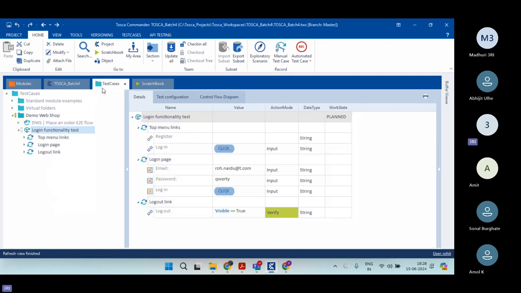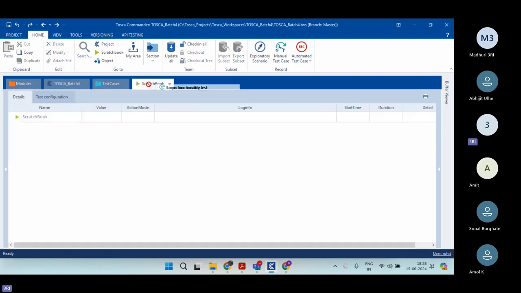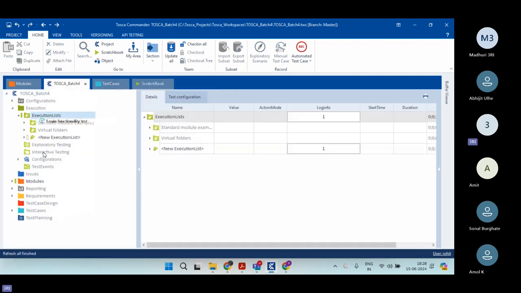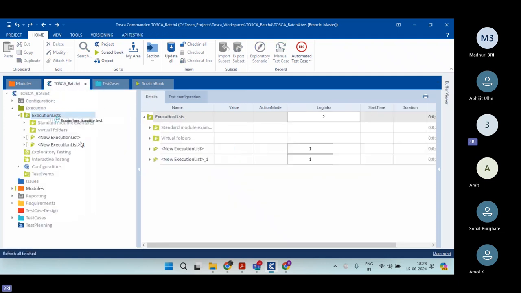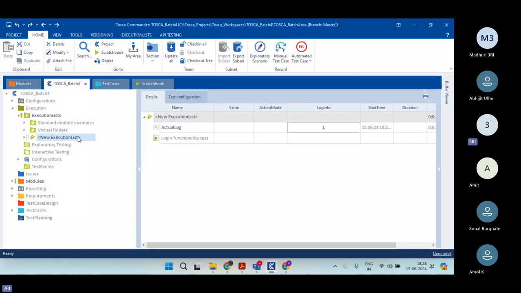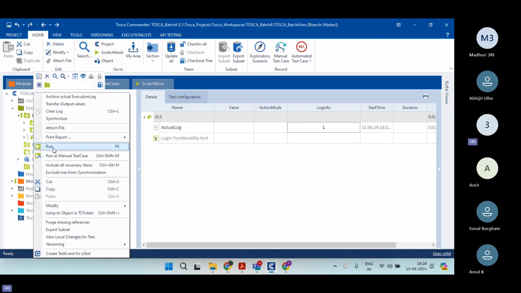Now whatever test case I have created, I want to move it to the execution list. So I can drag and drop it onto this execution list. Now this will become an execution list. I can rename it as EL1. And what happens is, if I run the same test case or same execution list from the execution folder,